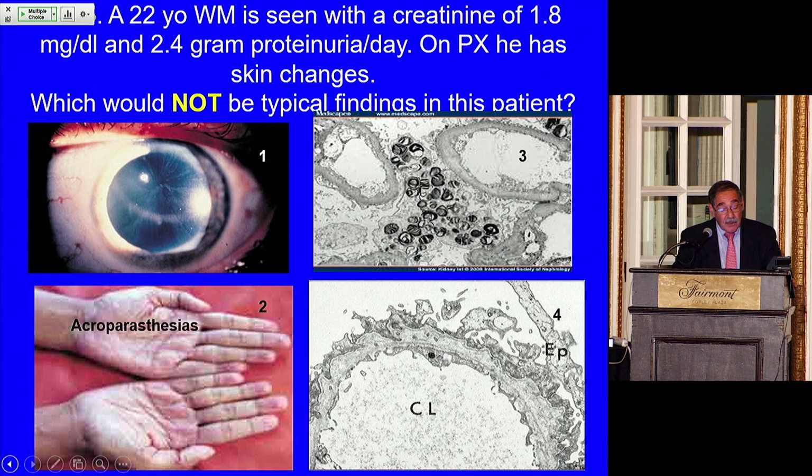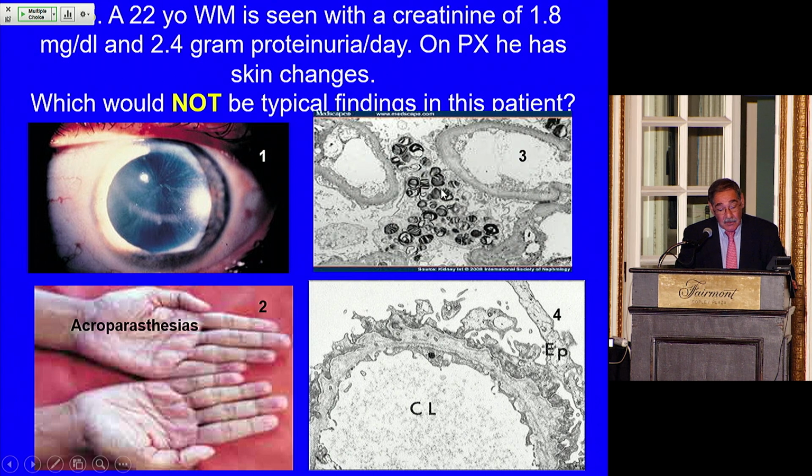Fabry's disease very commonly gets corneal opacities and lens opacities due to the glycosphingolipid piling up in the lens and in the cornea. They get acroparesthesias in their fingers and their toes. They get pain in their fingers and their toes. In fact, they presented a case to me in the CPC at the ASN one time, and the giveaway was that the person had pain in his fingertips.